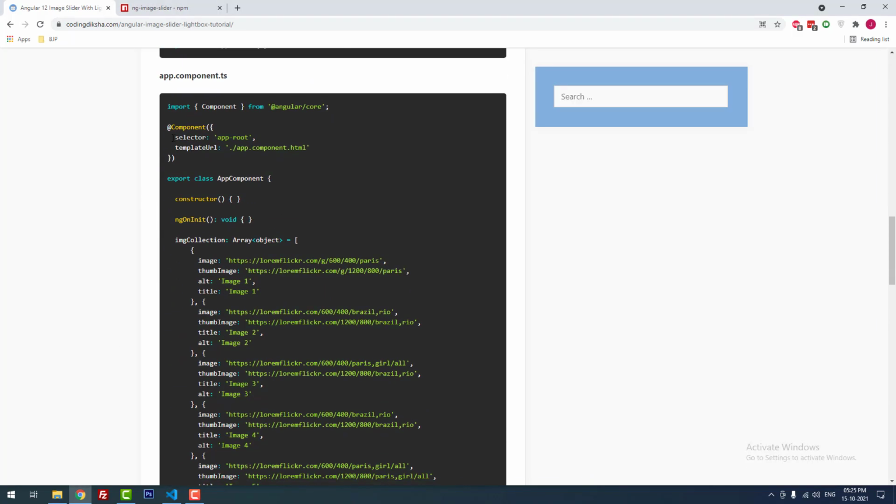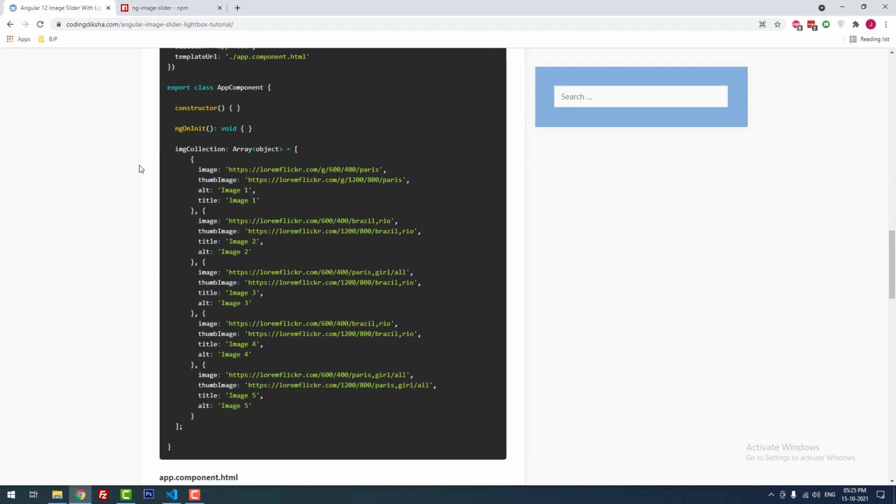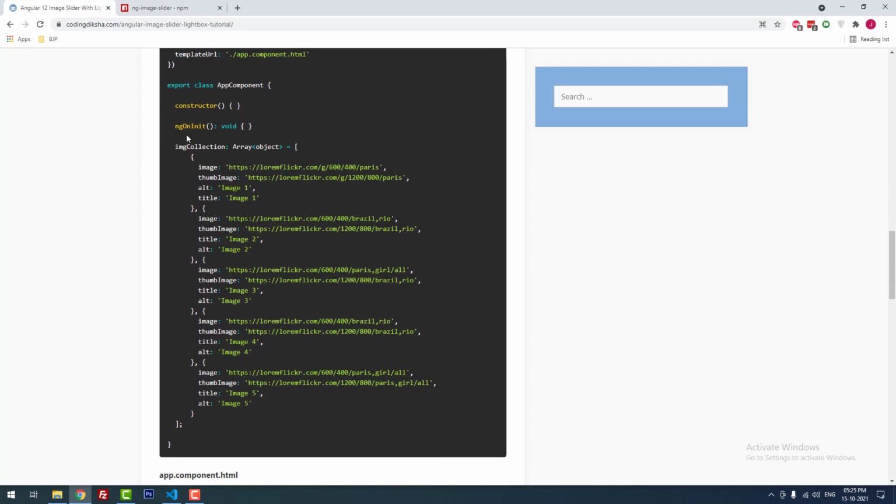Now I am going to edit app.component.ts. As you can see, inside the app.component.ts, we have defined the selector and template URL. As usual, we imported the component from Angular core. Then we are using this code to add the images.